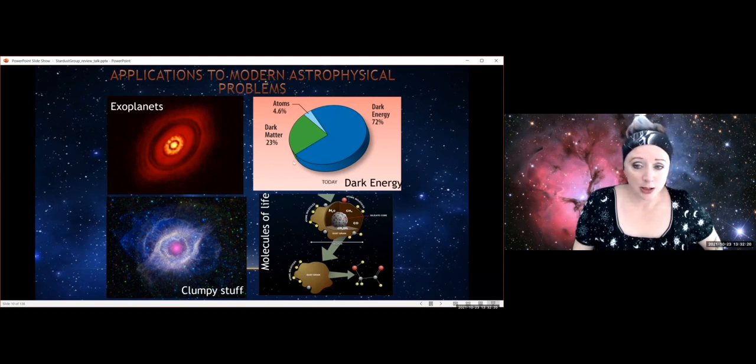More controversially, one of the things that has come up in recent years is the idea of dark energy. Now, dark energy is so called because we don't know what it is. It's basically this idea that the universe is expanding faster than we expected it to be. Now, one of the things that is not well understood is how we correct for dust. When we do correcting our observations for dust, we assume that the dust is more or less the same, regardless of what direction we're looking in.